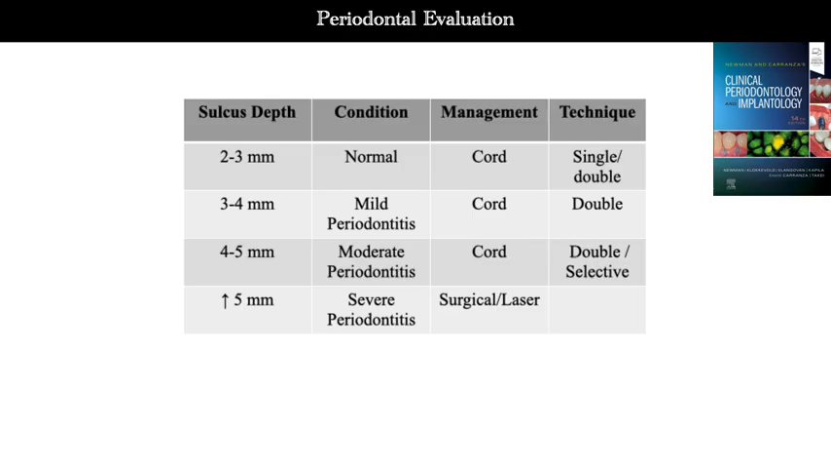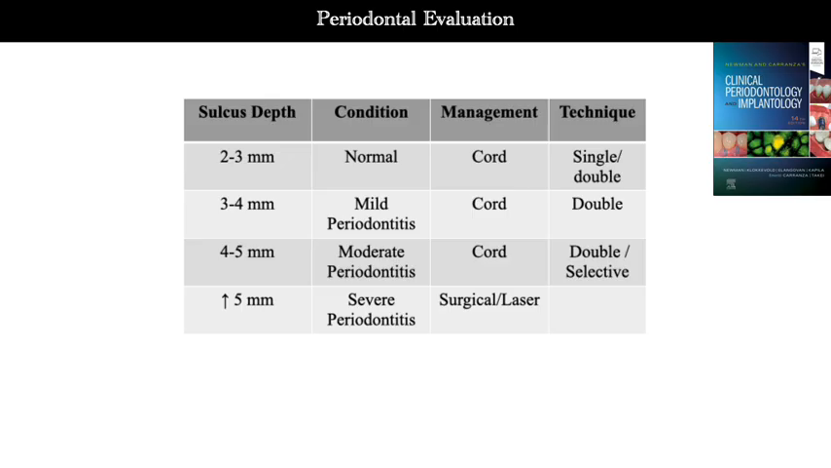Now in this case, you can manage it with a retraction cord. You can go for either a single cord technique or a double cord technique, based upon where the finish margin is. Now 3 to 4 millimeter would be considered mild periodontitis. Again, you can go ahead with cord. Here it would be advisable to go for the double cord technique, because the sulcus is a little deeper. 4 to 5 would be considered moderate periodontitis, and you can again go for a cord here,